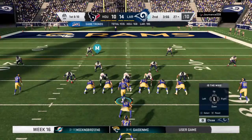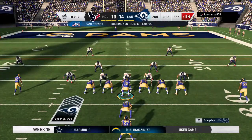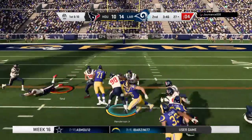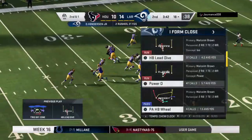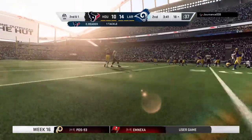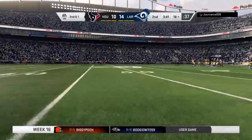So that changes things in a big way. Now from all the way down inside the 30, here's 1st and 10. Henderson now on 1st and 10. And he's going to get a solid gain of 9 before being brought down. 2nd and right at a yard. Despite the blitz, they're still able to pick up a nice solid gain. The disadvantage of blitzing often alters the normal spacing and run fits and leaves creases like